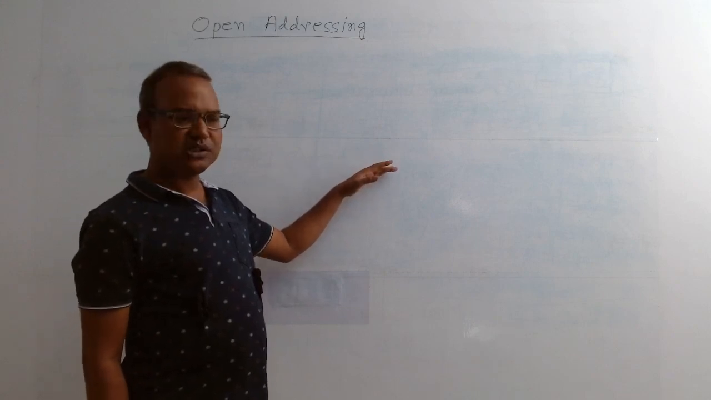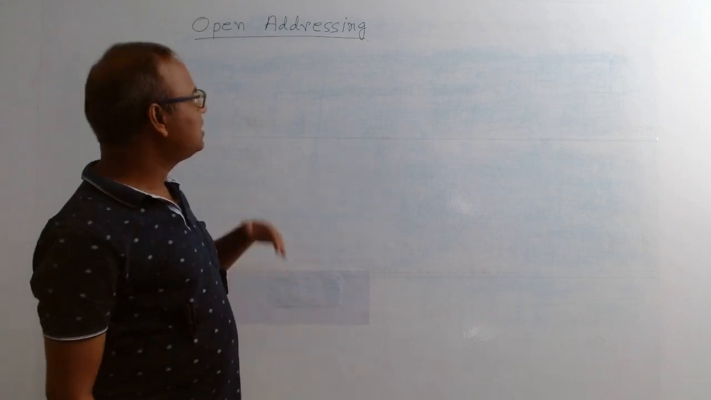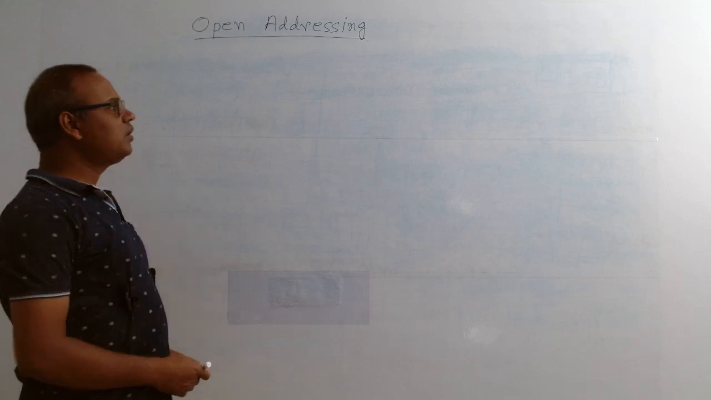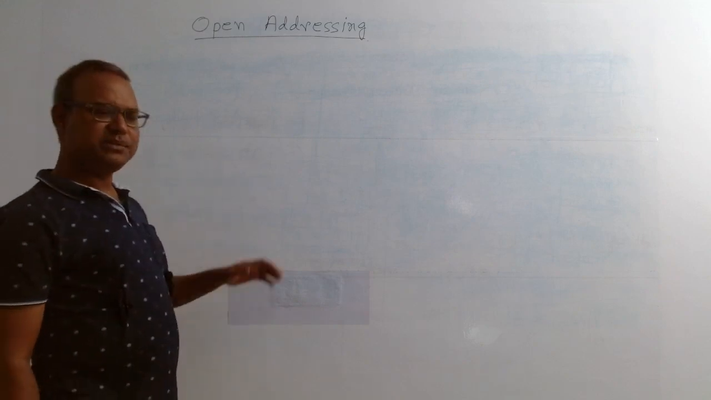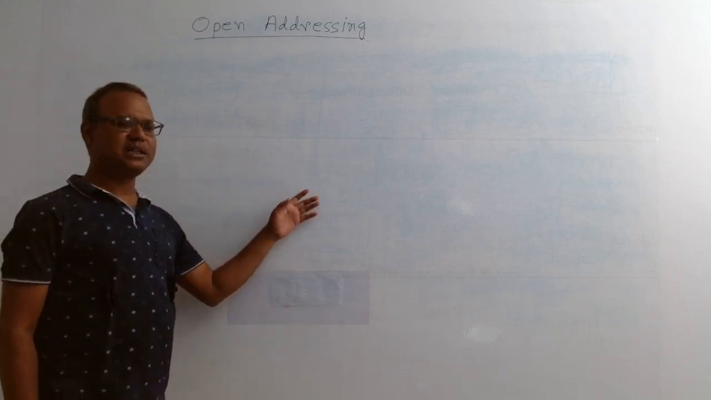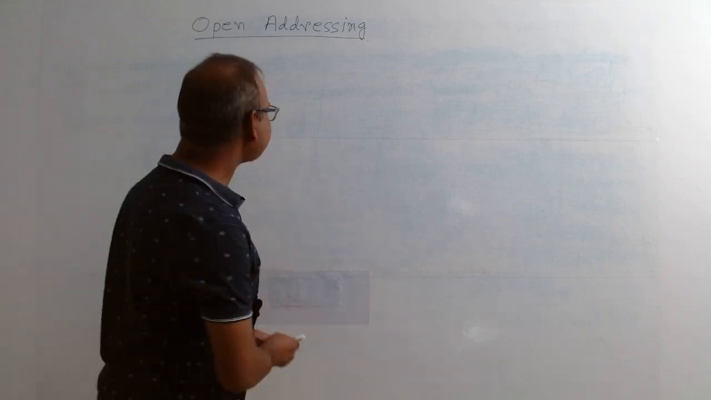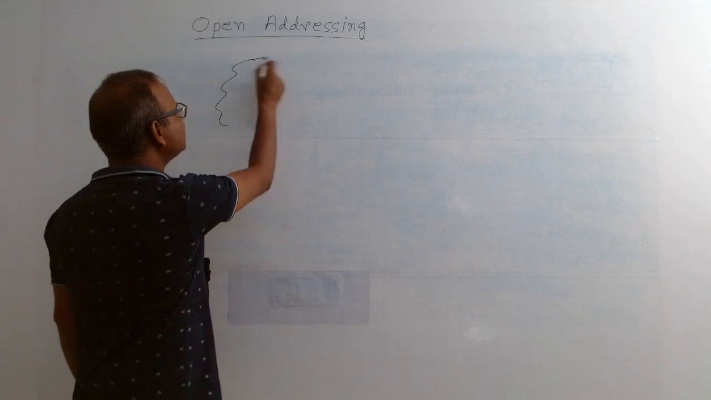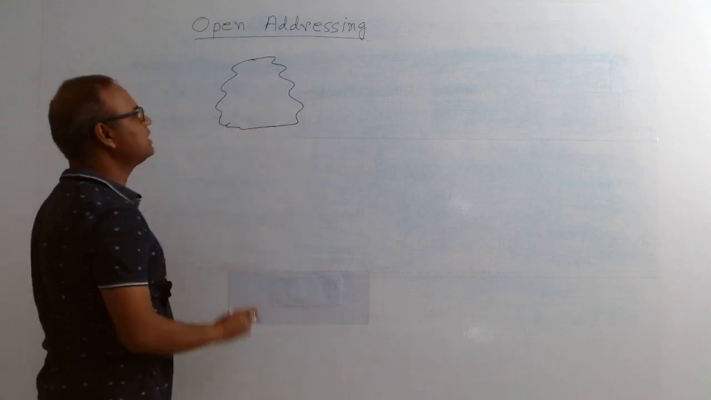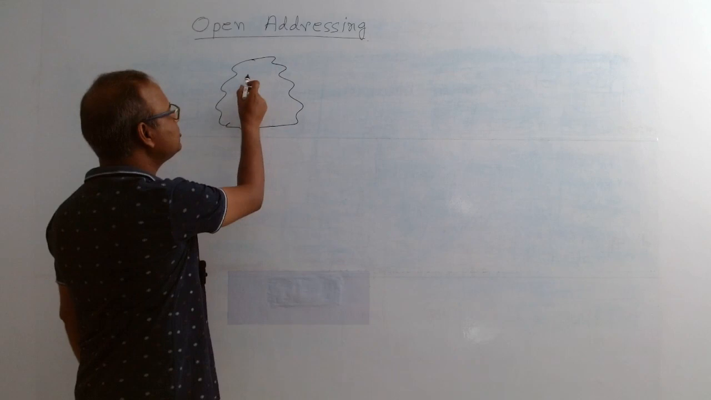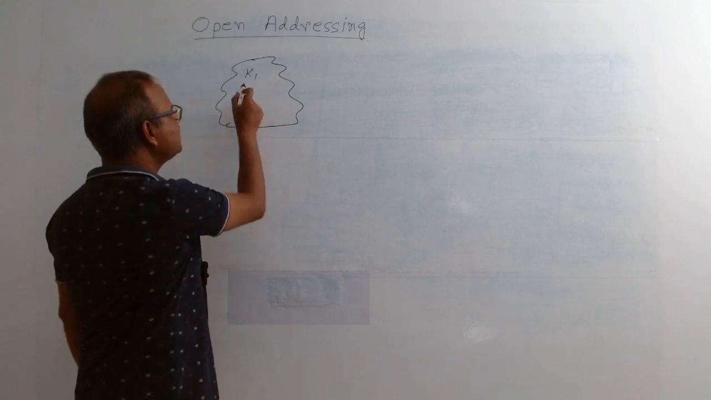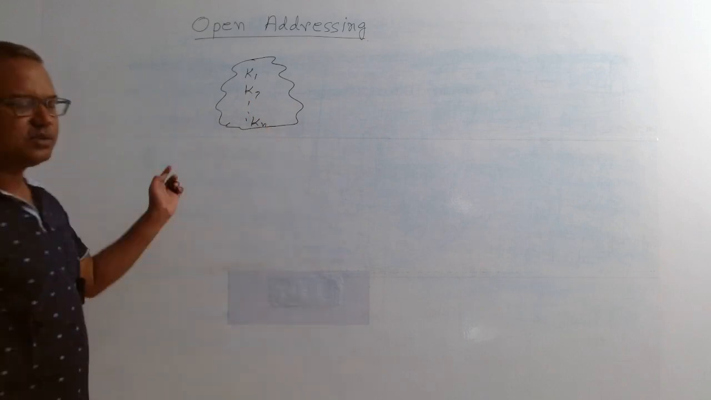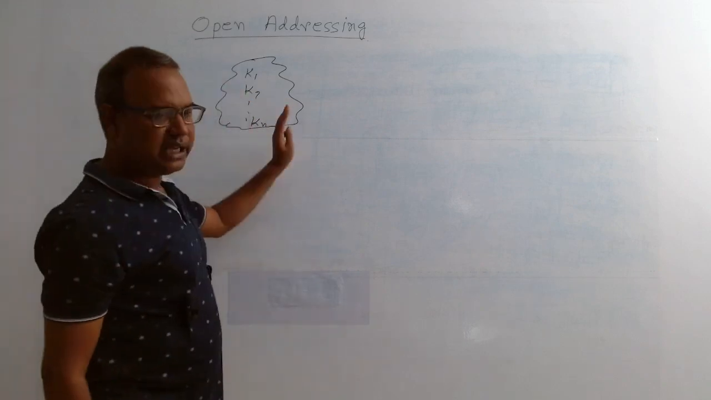technique for collision removal. We have another collision removal technique we call open addressing. Open addressing is simple, but sometimes it increases the complexity. But as a part of this syllabus, let me cover this open addressing. Let's say we have, as usual, elements K1, K2, Kn, n keys corresponding to n elements,